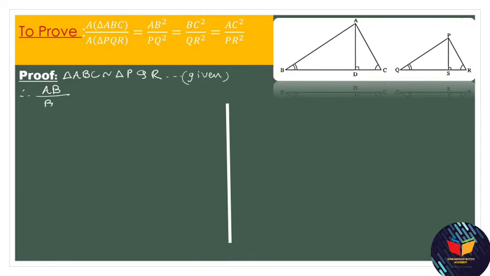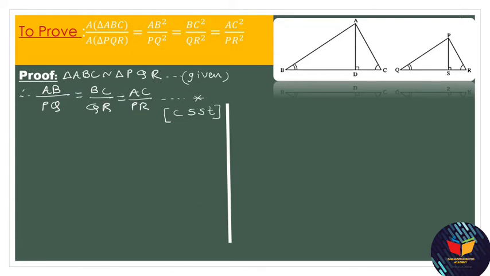So if these two triangles are similar, then see, this is a very important step in this theorem. AB upon PQ, see, these are the corresponding sides of these two triangles. AB upon PQ is equal to BC upon QR, which is equal to AC upon PR. Okay, and we will denote it by equation star. Okay, and what is the reason? The reason is corresponding sides of similar triangles. Okay, CSST, it is for our understanding, corresponding sides of similar triangles.